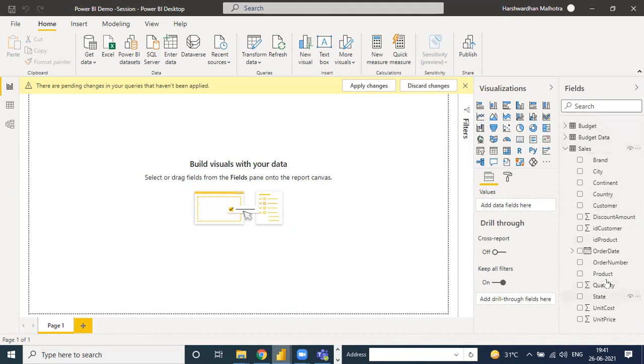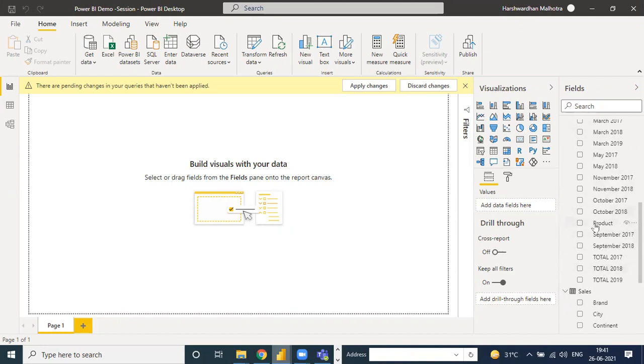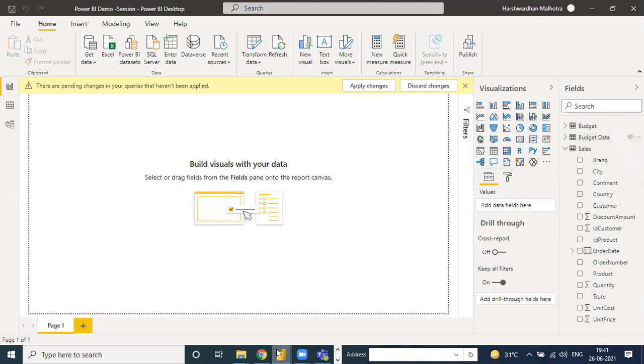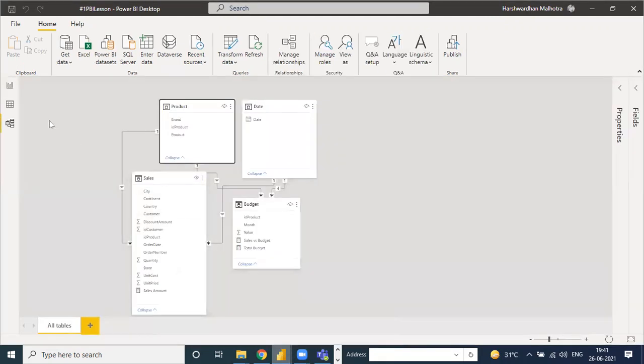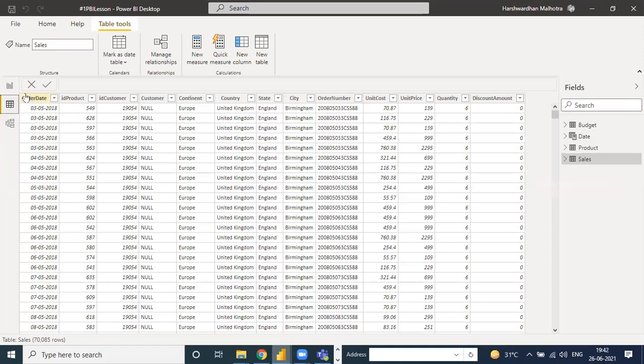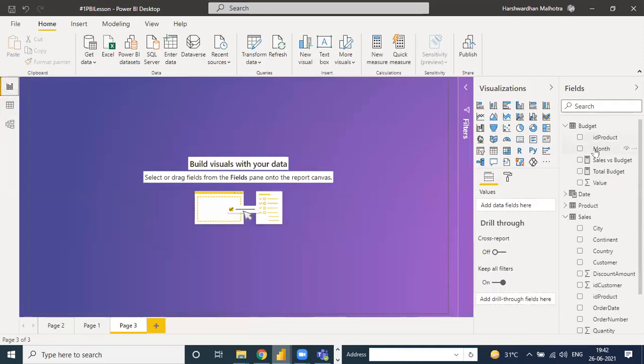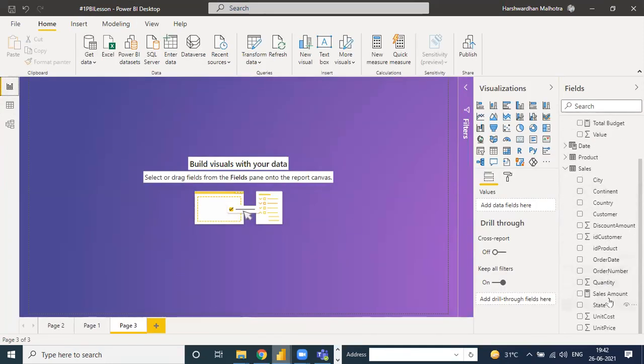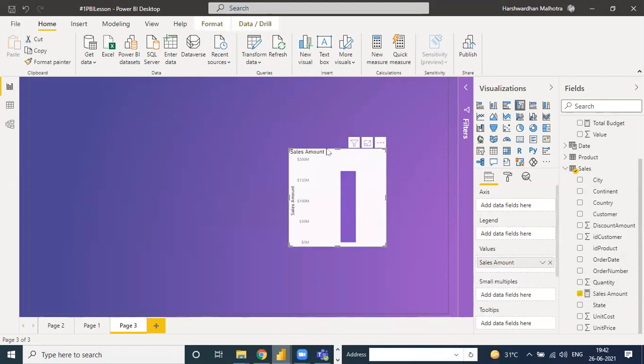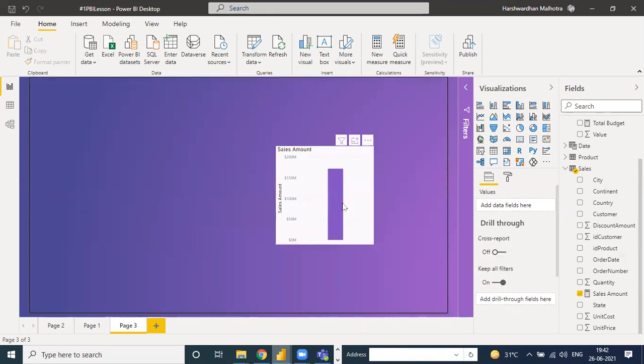Suppose I want to see my sales value and my budget value. Then how can I get our total of sales? There is one option. Suppose in the visualization we have the total of sales.